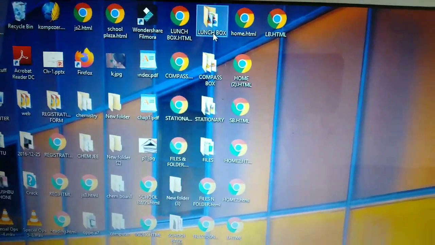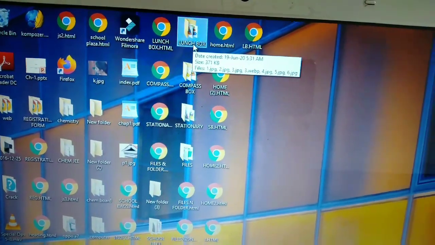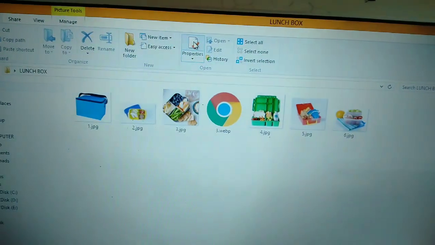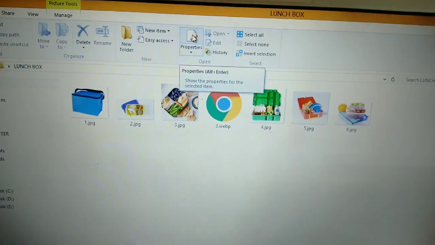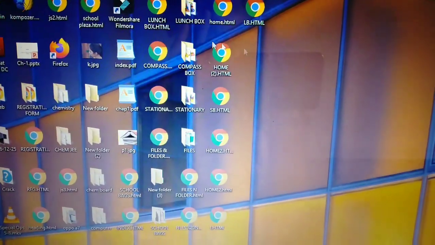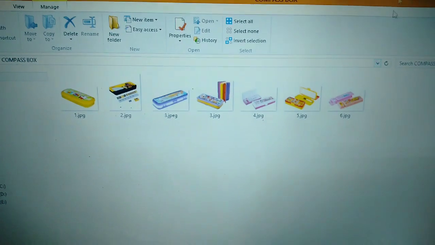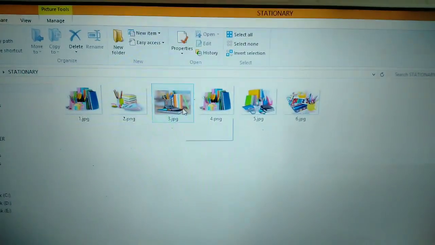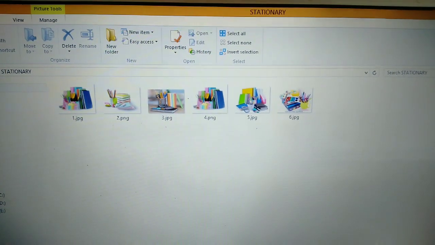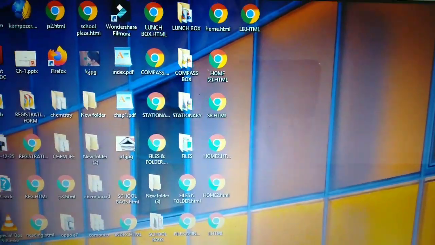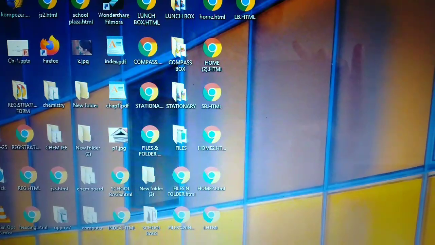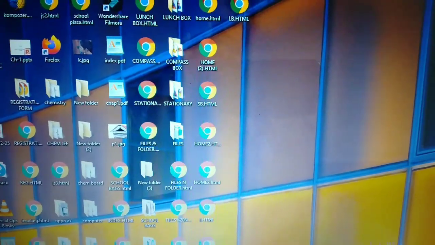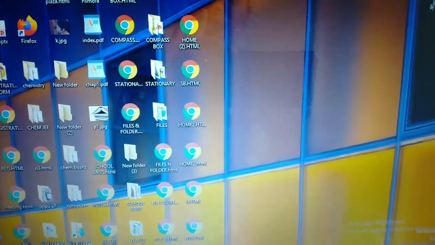For example, lunchbox, compass box, stationery. So I have already downloaded them and made folders, so it will be very easy for me.